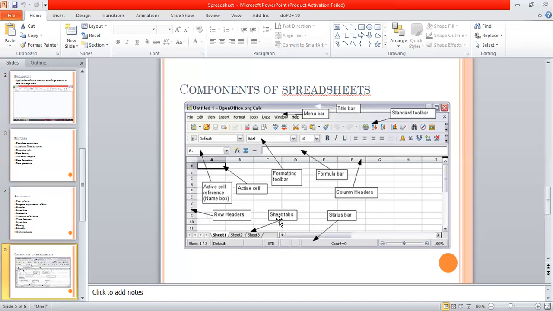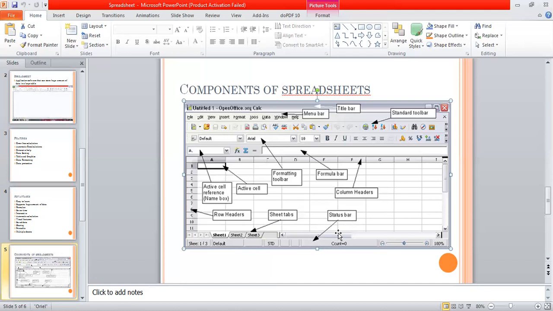Next, as you could see, the sheet tabs. I have Sheet 1, 2 and 3. These different sheets are under the name called sheet tab. You can ask me, but there are only 3 sheets in this particular spreadsheet? No, I can add as many sheets as I want. If I go to Insert and click on New Sheet, I'll get Sheet 4. Similarly, I can add more, and all put together, they are grouped below as the sheet tabs.